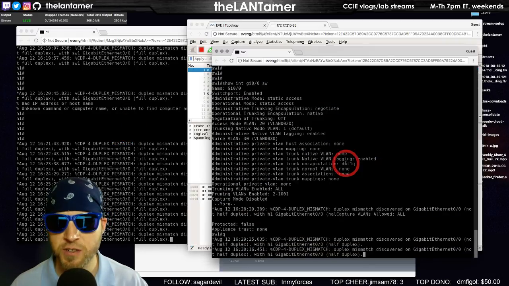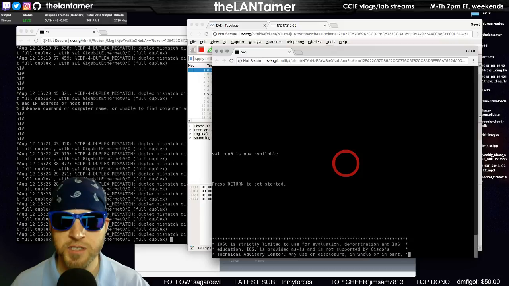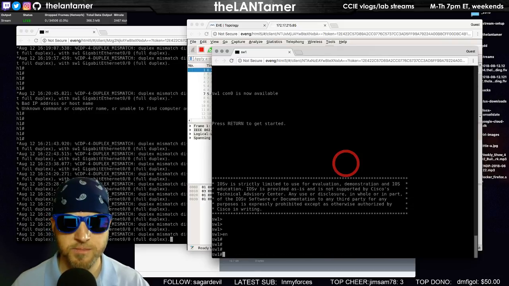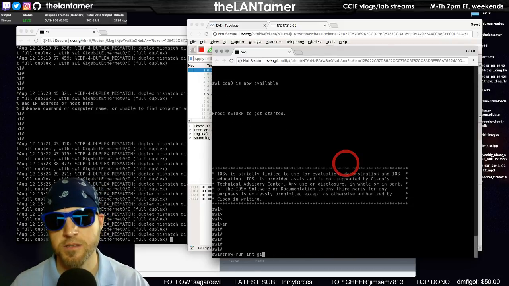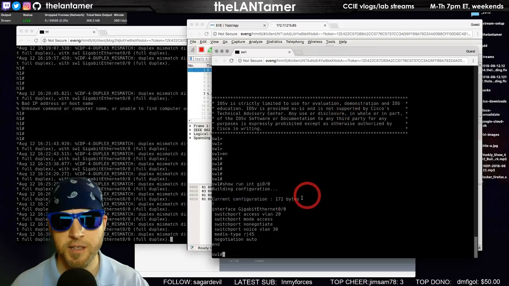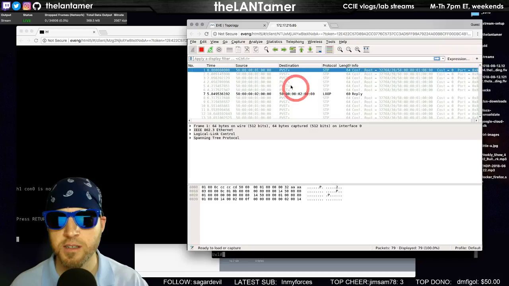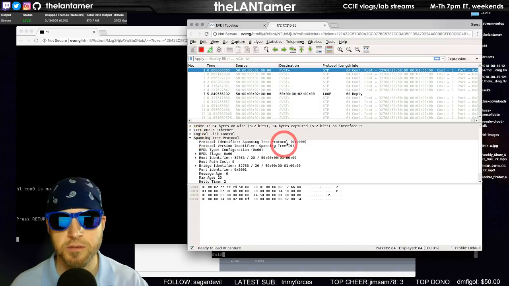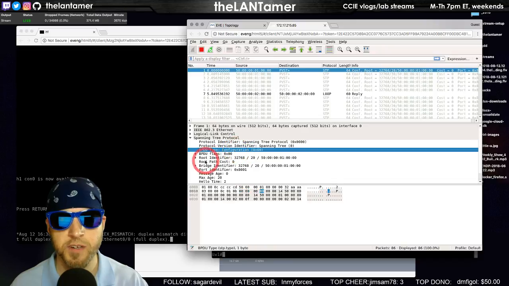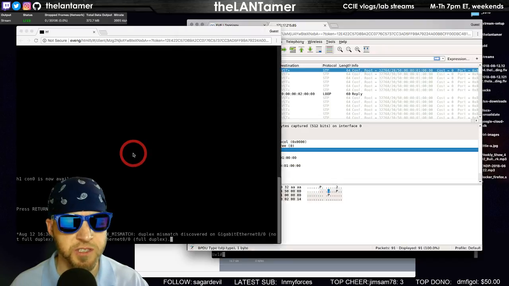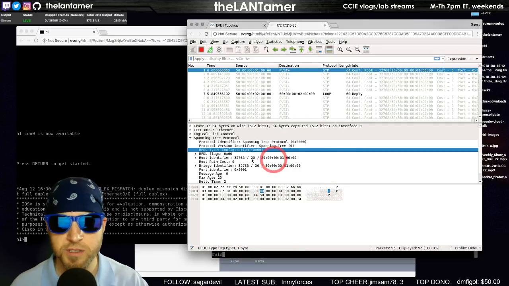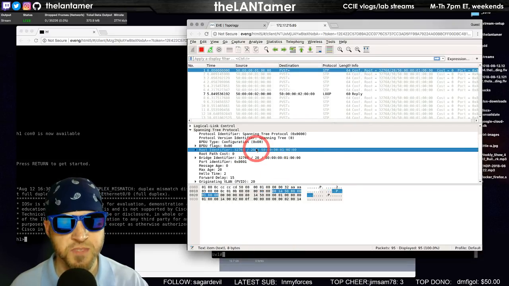So yeah, we've got this port. Now this is interesting. Obviously this is an access port, right? But it is still sending BPDUs. Configuration BPDUs. This switch thinks that he is the root because he's the only switch on the network.